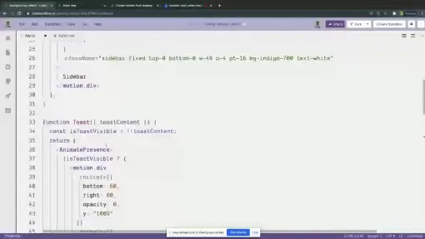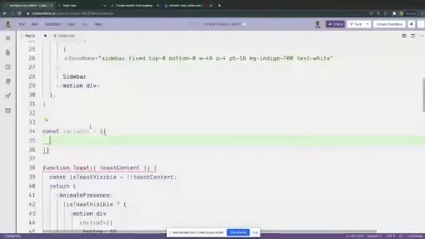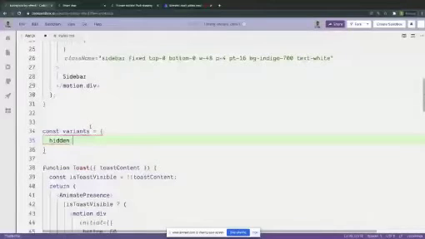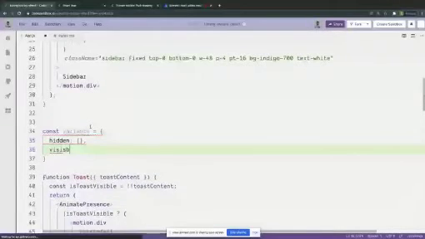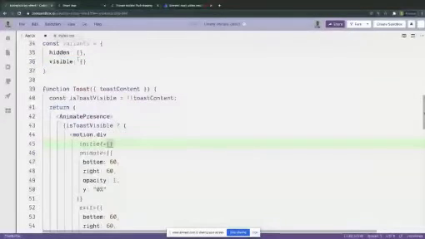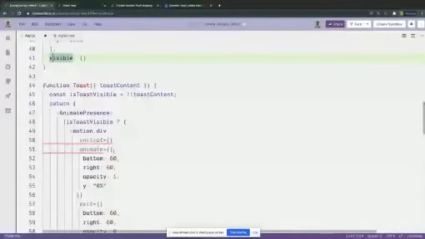I can create something called variants. So I can create something called variants, and I want to have two states: the hidden state and the visible state. So this corresponds to the hidden state. So I'm just going to grab this and put it here, and then this corresponds to the visible state.